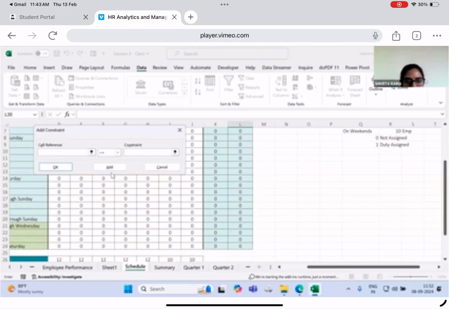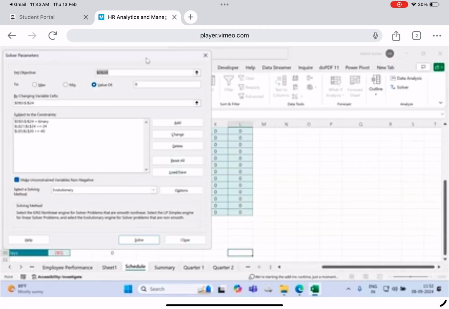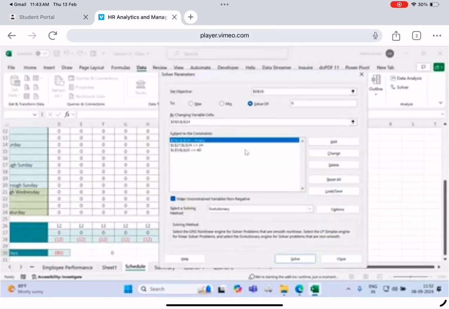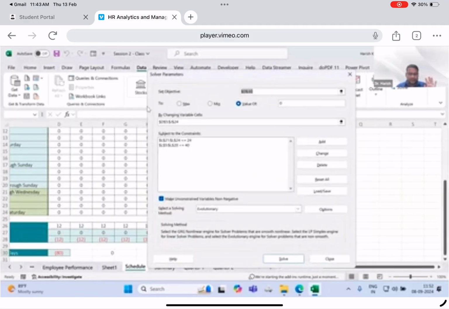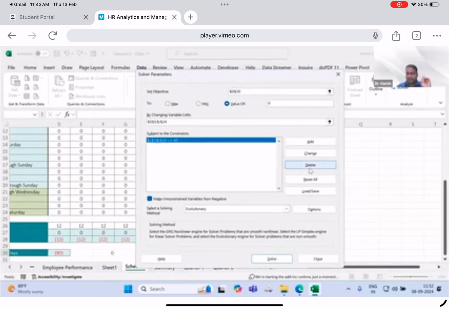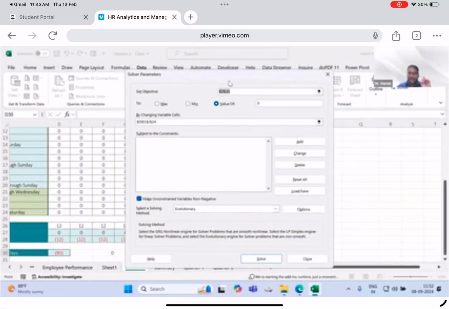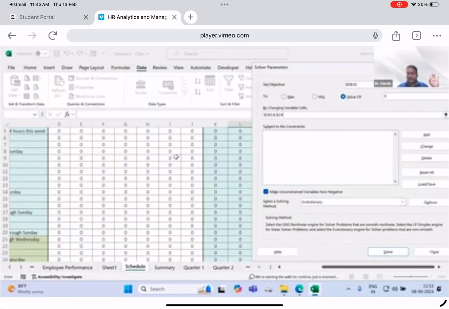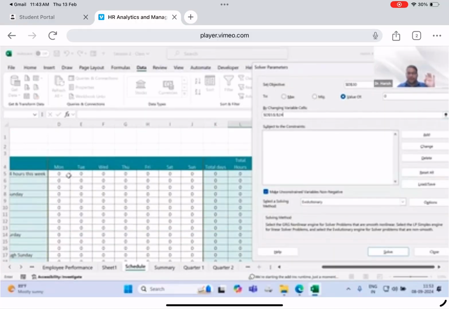Sir, please can you repeat the second reference, sir. Oh, okay. Constraint, sir. Sorry, first reference. Okay, second constraint. So first let me say, constraint principle, sir. Okay, so let me delete all the constraints. Till now, it is fine that what we are going to do, we are setting the objective to make the shortfall 0, by changing the duty assigned. My changing cells are from Monday, Monday to first employee, and